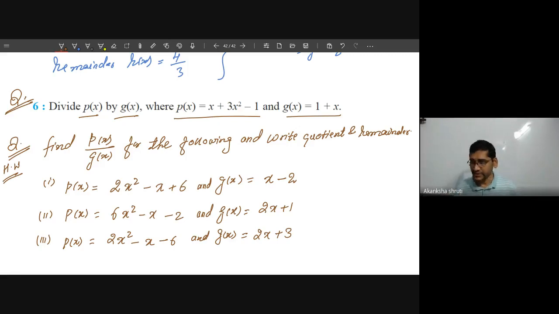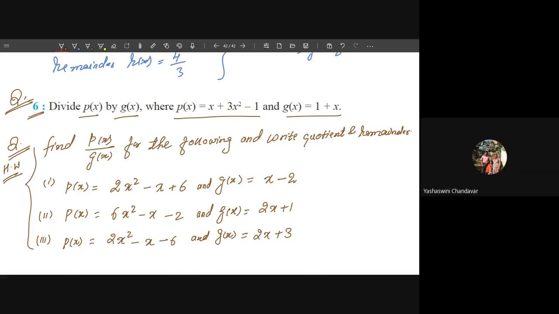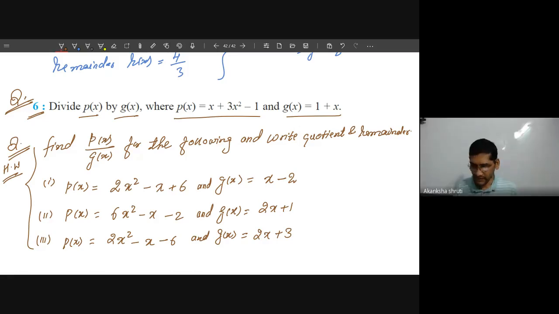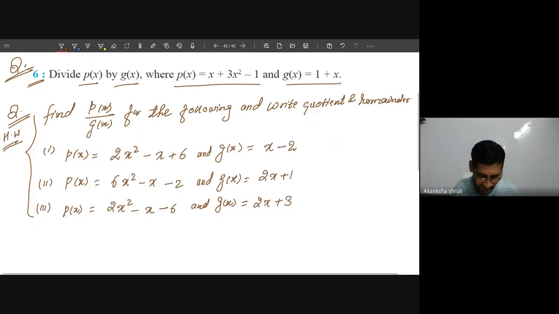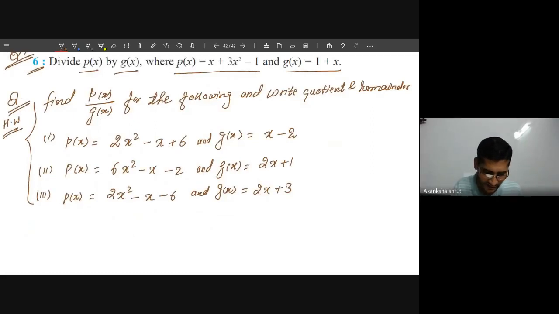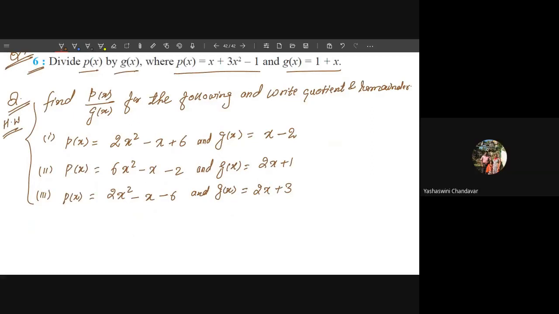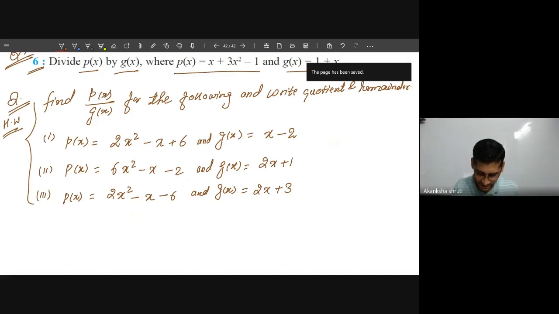Next we will continue with the division, because the applications of division that we will learn are the factor theorem and the remainder theorem. Yes, students, tell me quickly, this px means the question number 6 that I have given. What is your answer? These are the homework, sir. Yes, student. 3x minus 2. Okay, have you just obtained it from your textbook because it is already solved, or have you done it right now? Yes, sir, done it. Very good. What about other students?